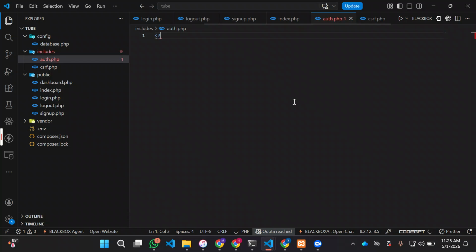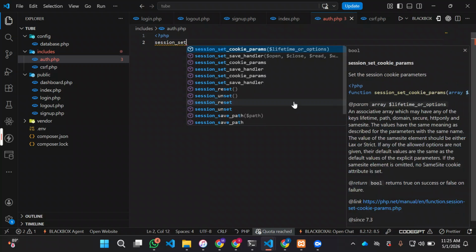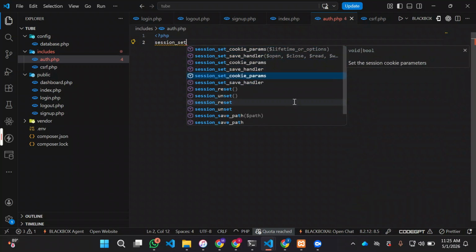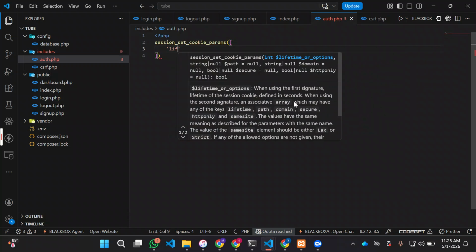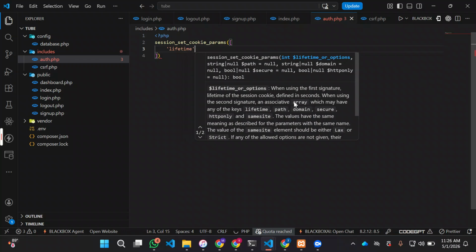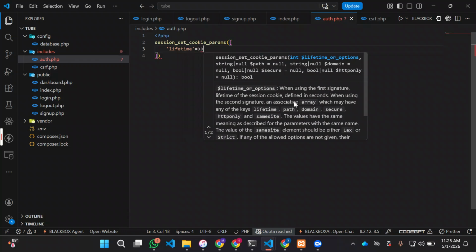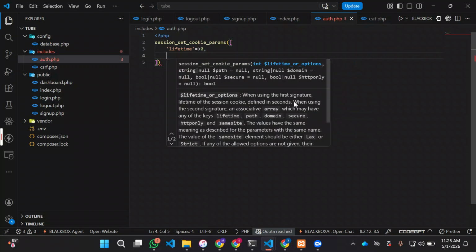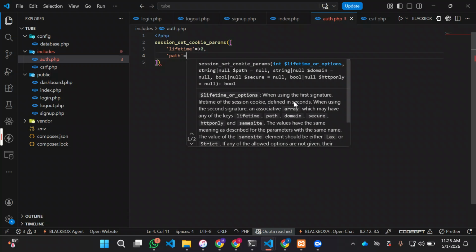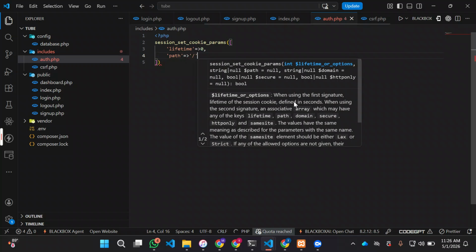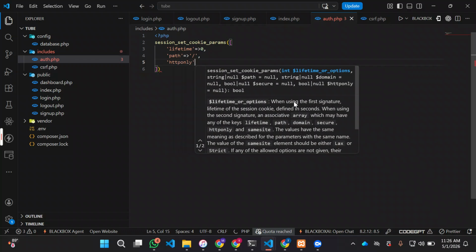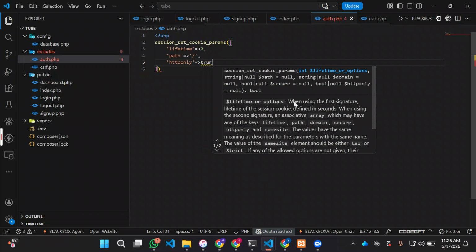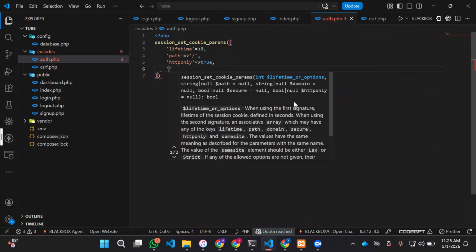I'm going to come into this place, do my PHP tag, and do my session set cookie params. So I'm going to be using cookies. For lifetime, I'm going to set it to 0. We're going to have path, and I'm going to set it to this. I'm going to have HTTP only set to true. We're going to set secure